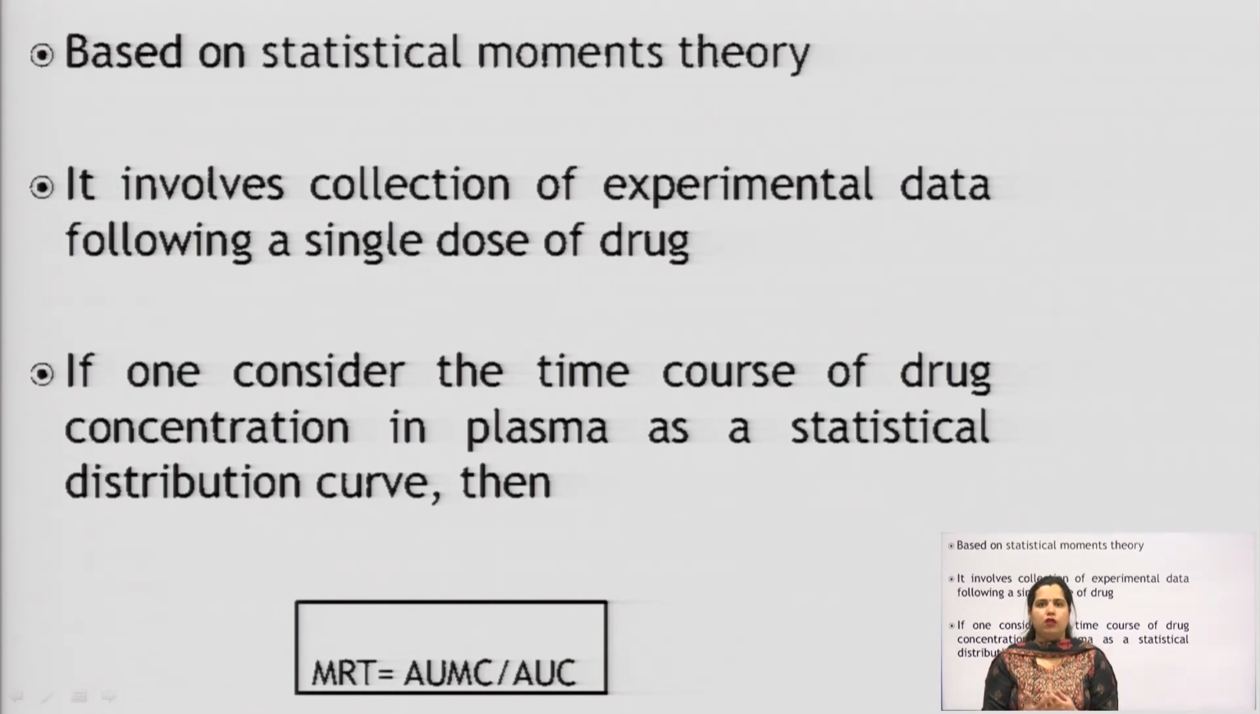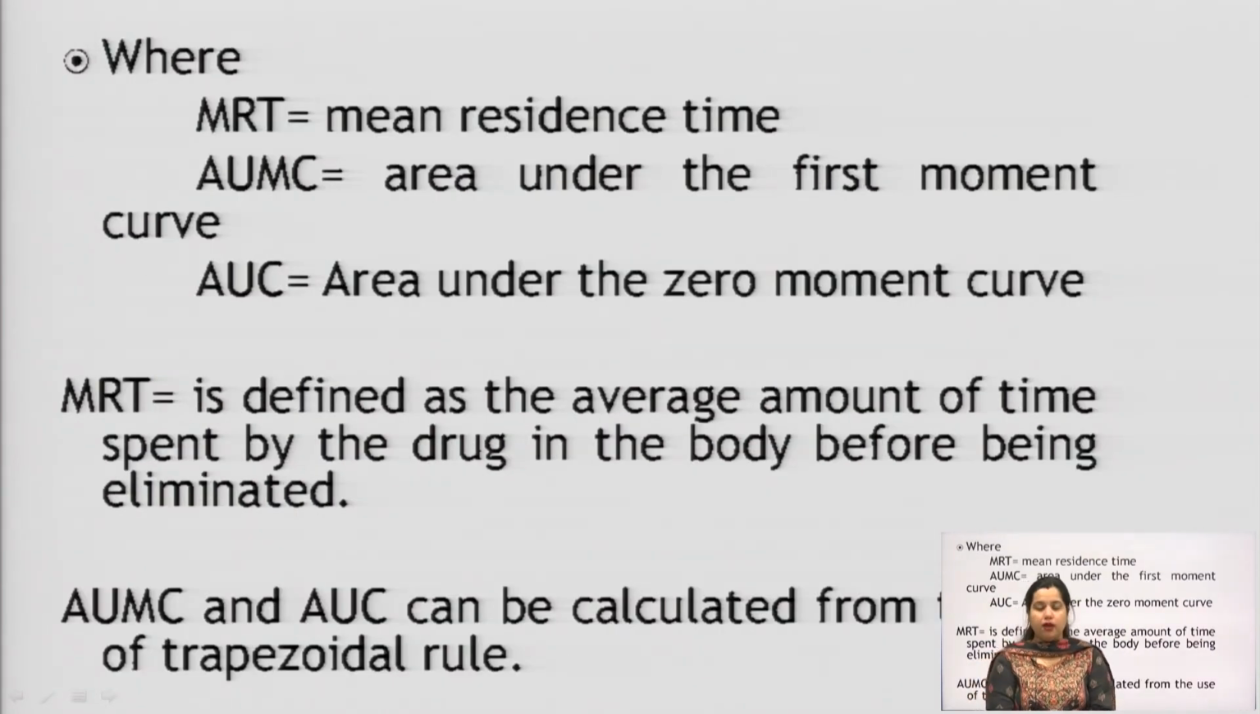How do we calculate without considering the body as a compartment? They are just giving the equation through which we can calculate the experimental data and come to the conclusion. So how do we calculate the time course of drug concentration in plasma, and how long the drug resides in the blood? We calculate it using this equation: MRT, mean resident time, equals AUMC divided by AUC,